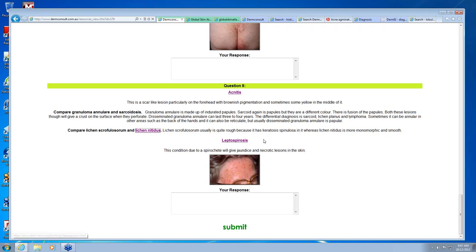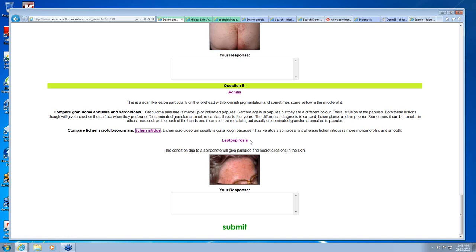And the last thing we've mentioned there is leptospirosis. It's a condition due to a spirochete that gives jaundice and necrotic lesions in the skin. Can't say that I've seen a case of leptospirosis before. If you're going to see it, I think you're more likely to see it in vets than anyone else. But occasionally you'll get this if some people have been overseas and say they've been swimming in water that's infected